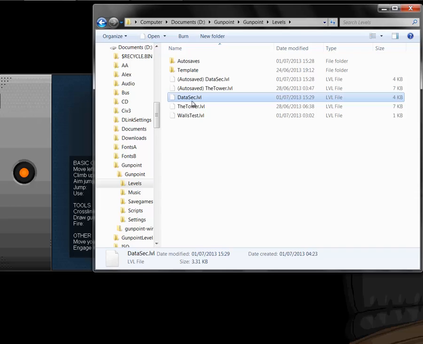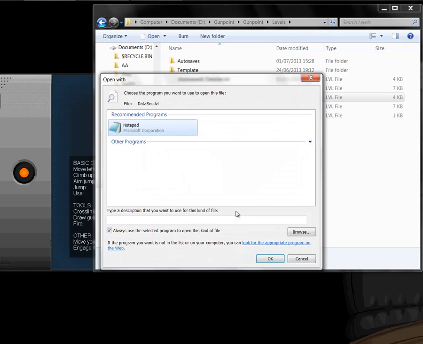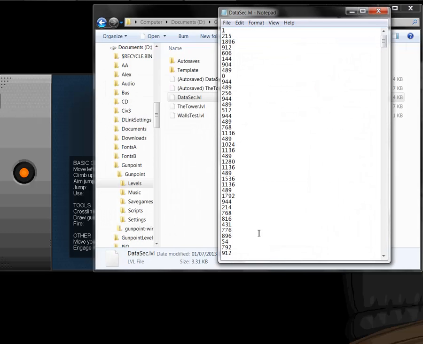In this instance, it's the datasec secure location that I'm working on. So you double click on that, and because of the .lvl extension on the file name, it'll tell you it can't open it. So you select a program from the list of installed programs and click OK, and it should recommend Notepad. Where it says always use a selected program to open this kind of file, you can keep that checked, but I always like to uncheck it, and then you click OK, and it'll open up Notepad with a list of